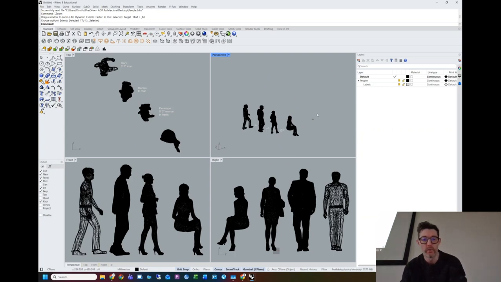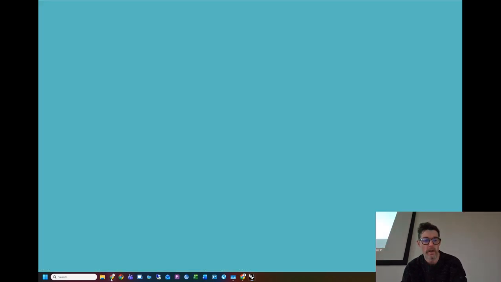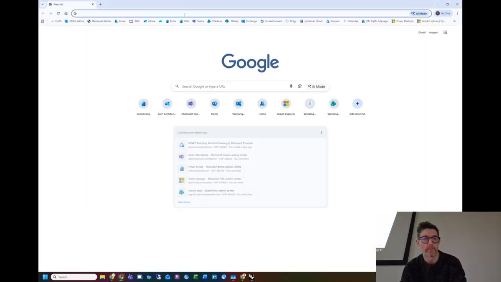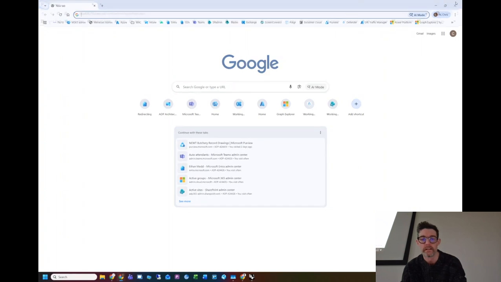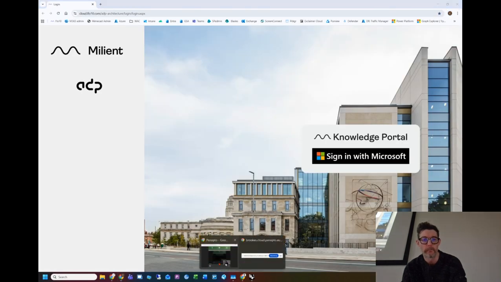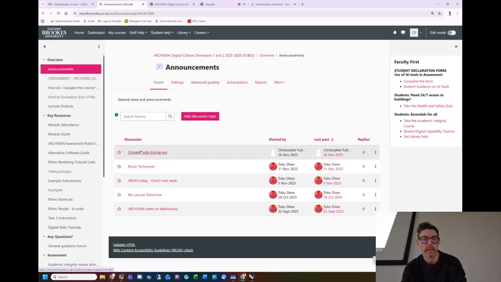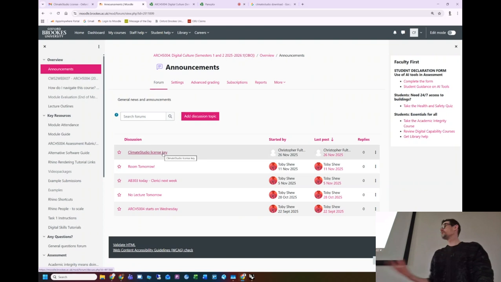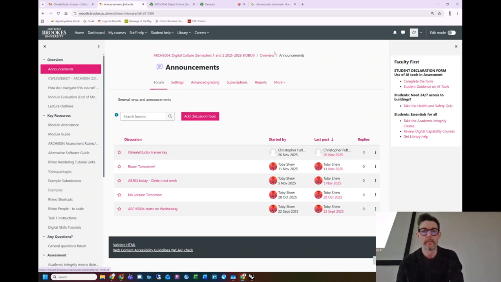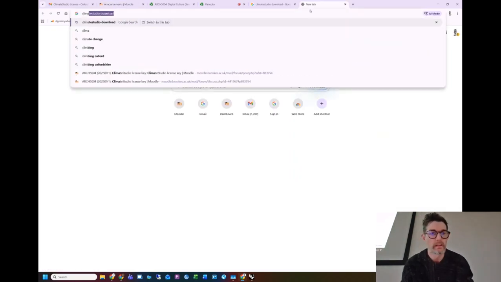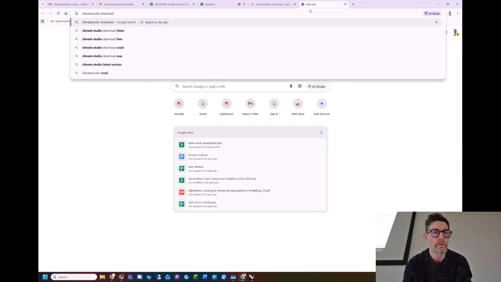And what you will now have is a message that's arrived through the Moodle announcement forum. It's under announcements in Moodle. And we now have a license key for something called Climate Studio. And what Climate Studio allows you to do, I'll just pull up the website, Climate Studio,